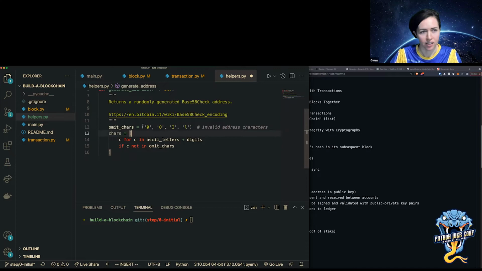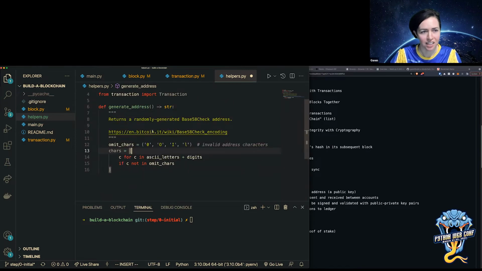And I have kind of a pretty font in the text editor, but if you just had like a standard web font or something, you would not be able to tell that this is a 0 and this is a capital O, or that capital I and L. And coming from Python, you probably already know those things. Python has a lot of good recommendations about that kind of thing. But yeah, that's why these are omitted from addresses, so they don't cause confusion in sending to the wrong addresses and stuff.